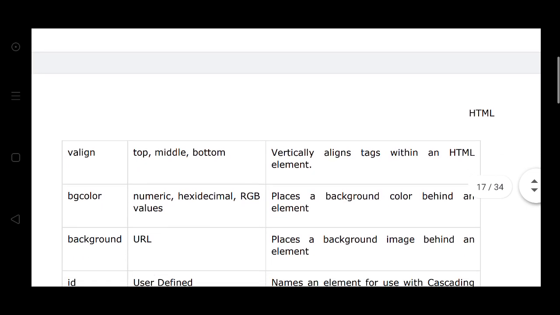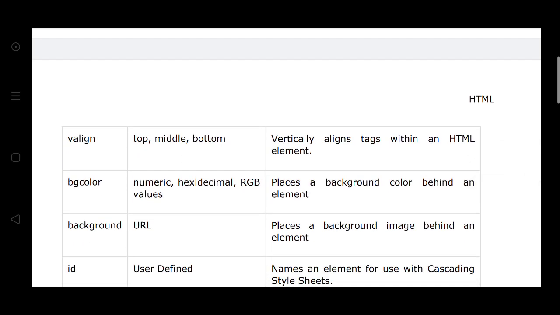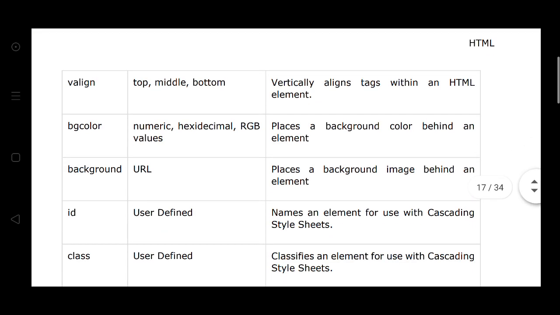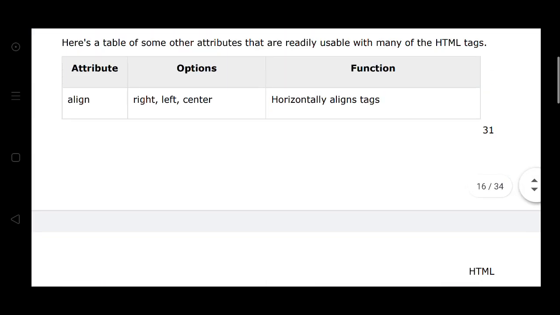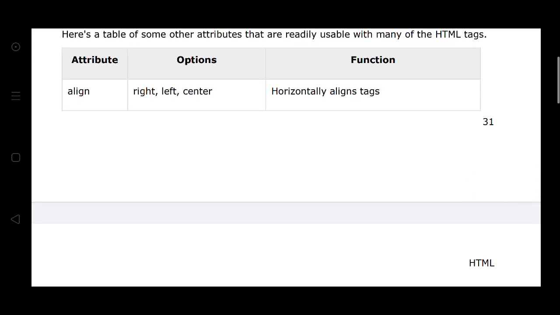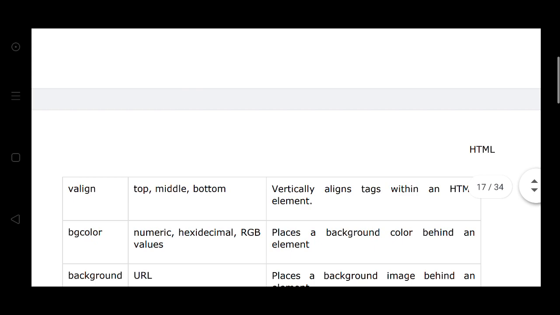Align: top, middle, bottom, vertically aligned tags within the HTML elements. This is vertical align.